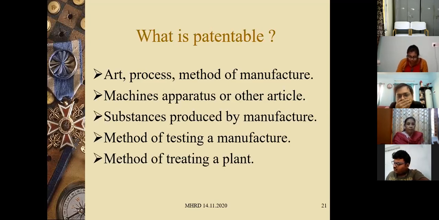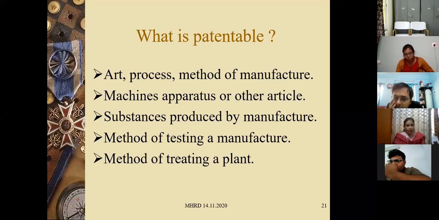So what all is patentable? So now the question for us is to understand what all can be patentable: the art, the process, or the method of manufacture, the machines, the apparatus, or any article, even something like a fan or a hand fan or anything also can be patentable. You would be very surprised. If you're curious, you can just check out the type of articles which have been applied. See, don't assume that whatever is applied for patents will be granted.